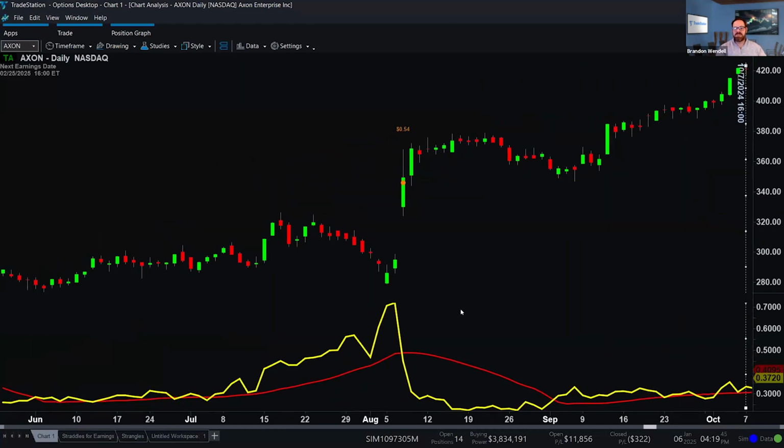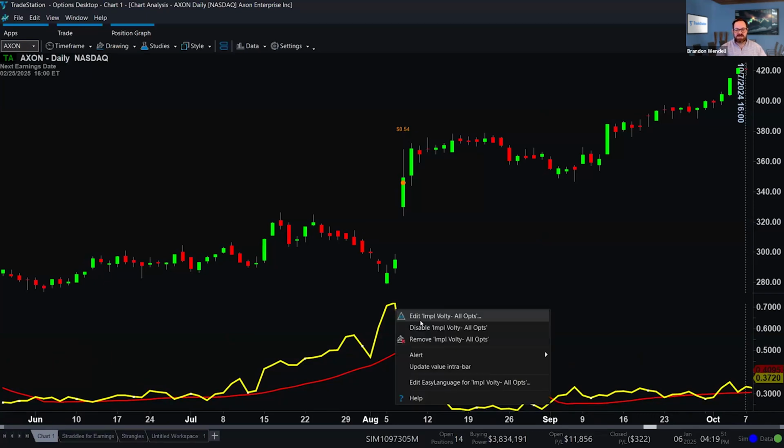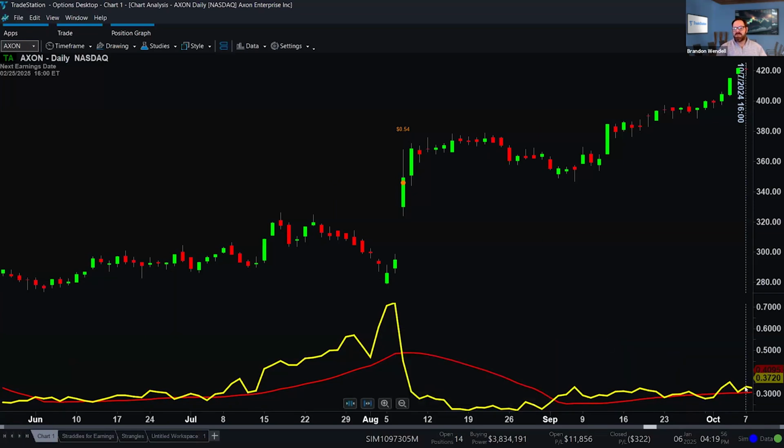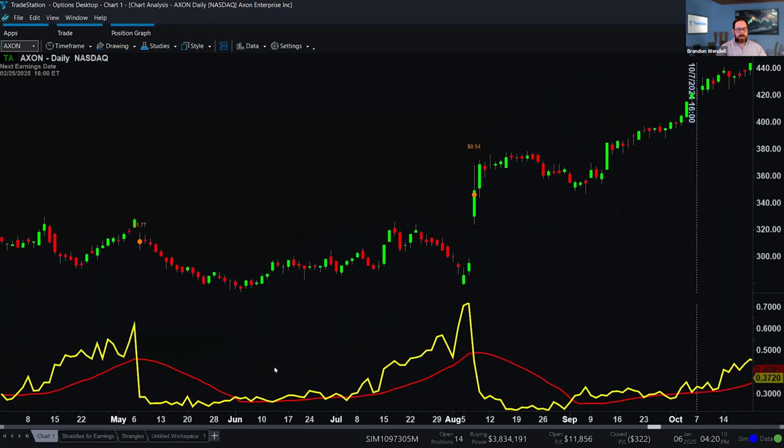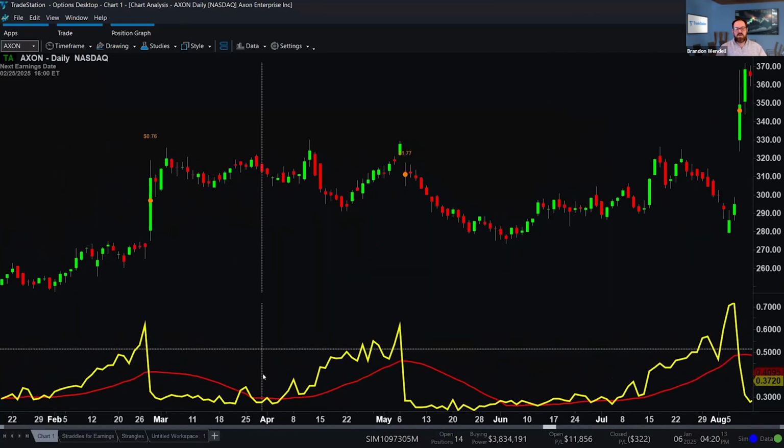So what was the situation on that day? Going back, take a look at the volatility. This is implied volatility, all options. That's what this indicator is. It's just an indicator that's on TradeStation as a normal indicator. And you can see that implied volatility is a little bit higher than the average at the time, but look at where it is in comparison to where it usually goes for earnings. Again, the closer you get to earnings, I'll shrink this down a little more and go back. You want to see that pattern where the implied volatility increases dramatically leading up to the earnings. And you want to enter this when the implied volatility is relatively low.